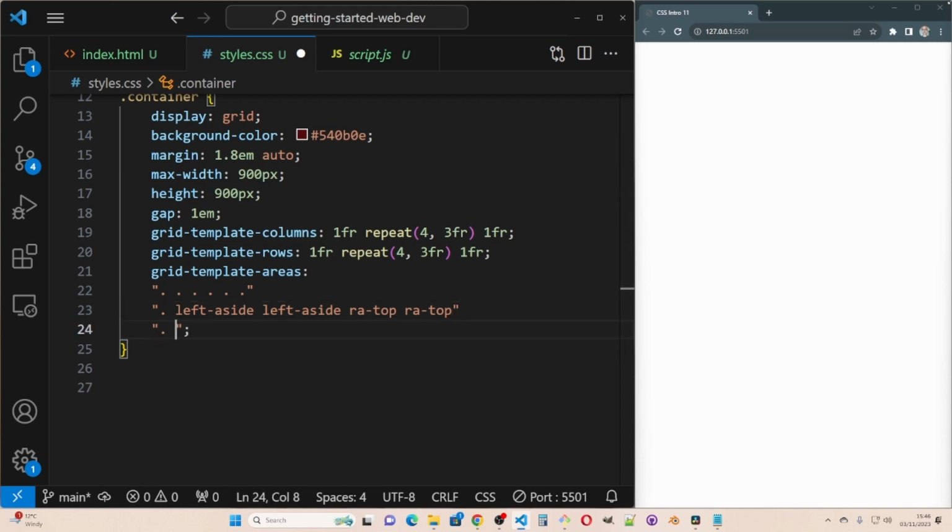and nothing, then left aside, left aside, RA top, RA top, and then dot, left aside, left aside, rab left, rab right,